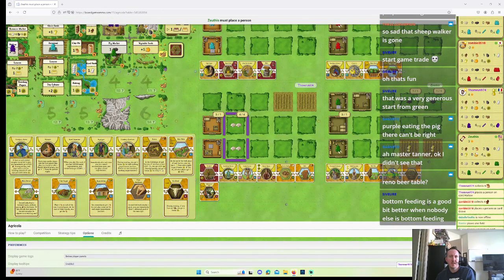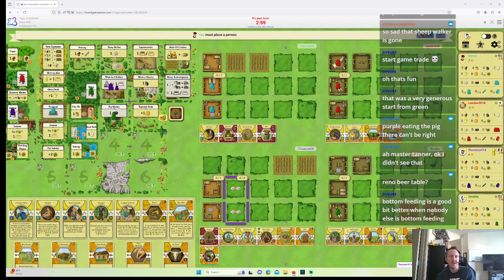Green's doing pretty reasonable for a 100 rated player, like a 140 rated player, but I don't love their feeding. Their feeding plan is to just 3 grade beer tap for 6 food. I guess that's actually not that bad. It's really not that bad once they got it in the ground. It took them a lot of actions to set up those, their main issue, but...